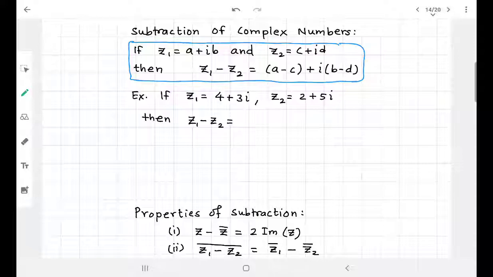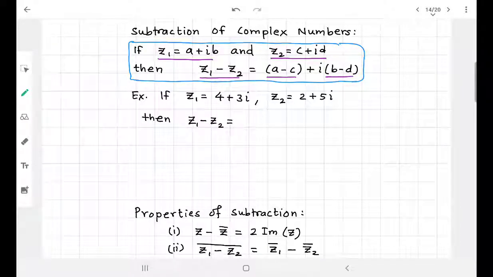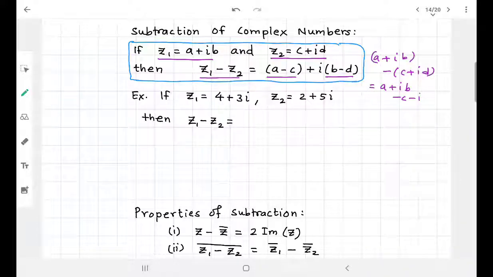Now let's go to subtraction. So subtraction of complex numbers. If z1 is equal to a plus iota b, this is one complex number, and z2 is equal to c plus iota d is another complex number, and we want to find z1 minus z2. So it's simply a minus c plus iota into b minus d. Okay, so I hope you understand how to do it. You have this, right? a plus iota b minus c plus iota d. It gets like iota b minus c minus iota d. So if you simplify, you will get this very clearly.